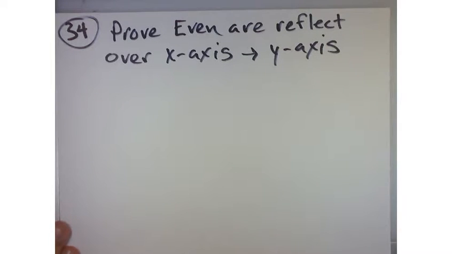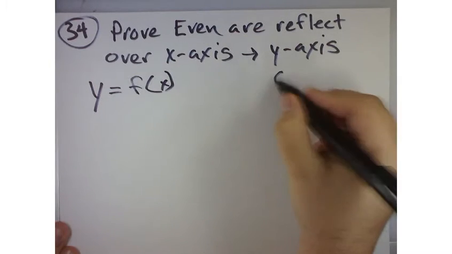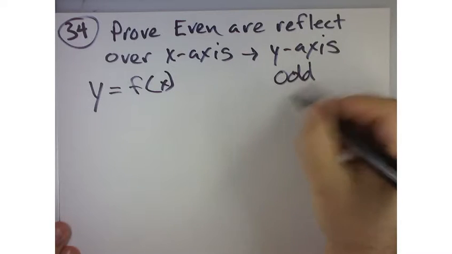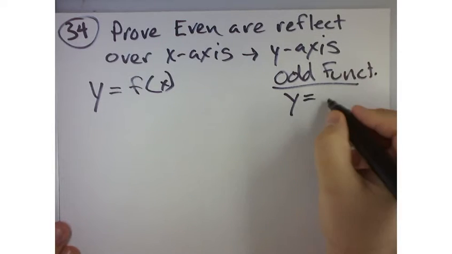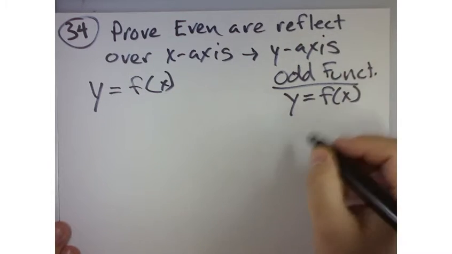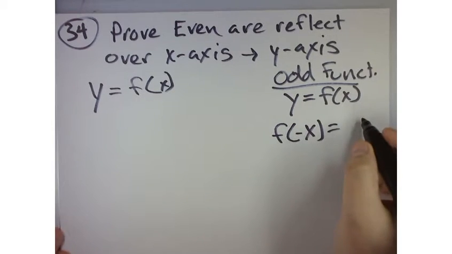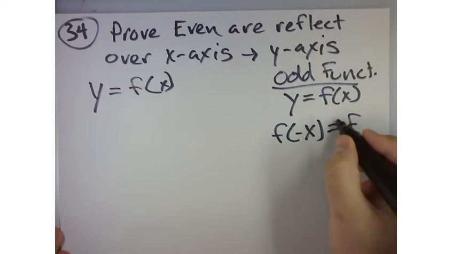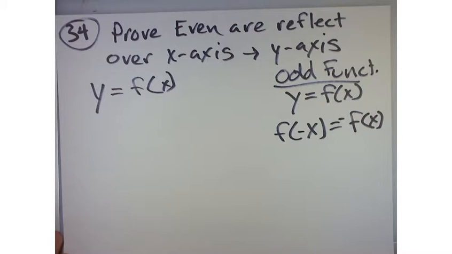Okay, so what we want to do is we start with the function y equals f of x. Remember that the definition of an odd function is that when y equals f of x, if I take f of negative x, it's equal to the negative of f of x. That's what an odd function is. I'm going to leave that up there on the screen. Now, what we're saying is that if a function is odd,